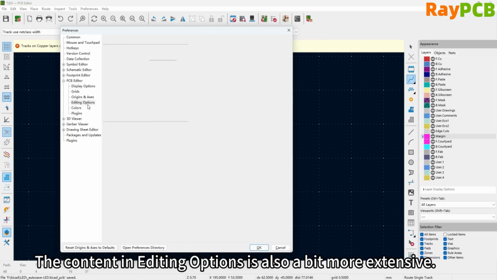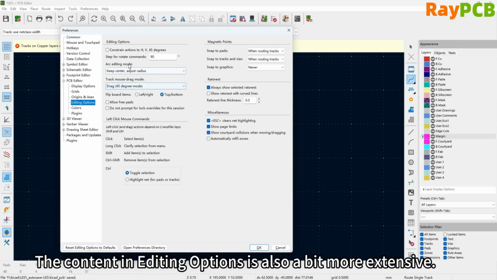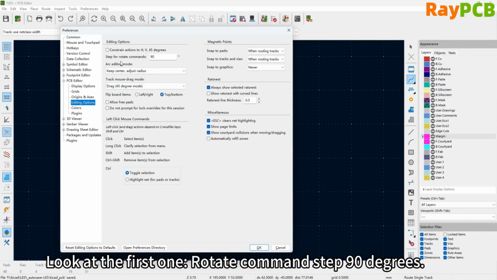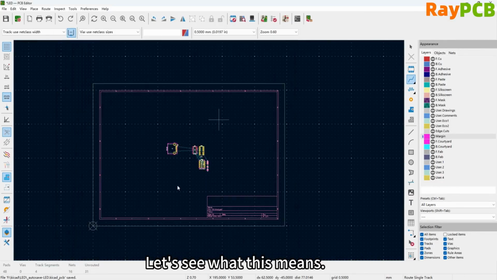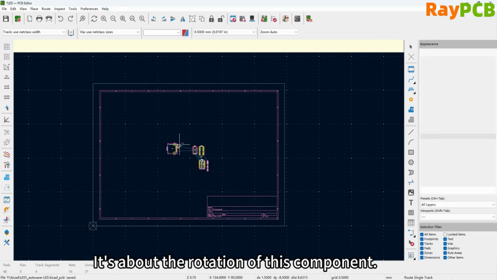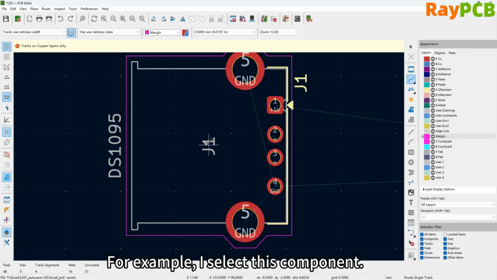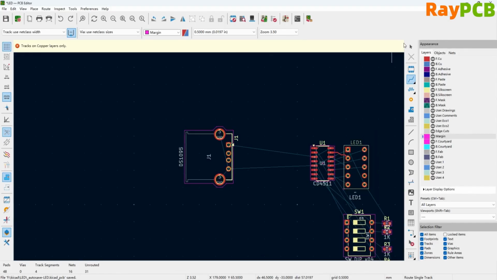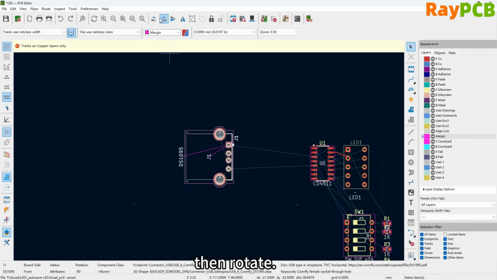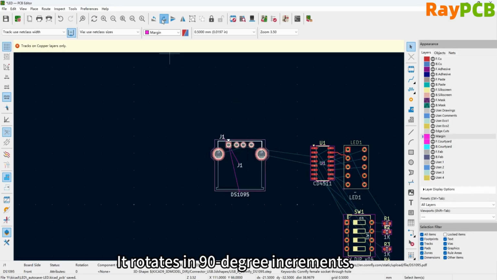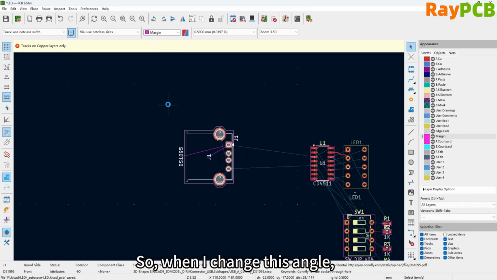The Edit Options menu contains a bit more content. Let's look at the first one, the Rotate command, which defaults to 90 degrees. Let's see what that means. It refers to the rotation of the component. For example, if I select this component, then rotate it, it rotates in increments of 90 degrees. So when I change this angle,